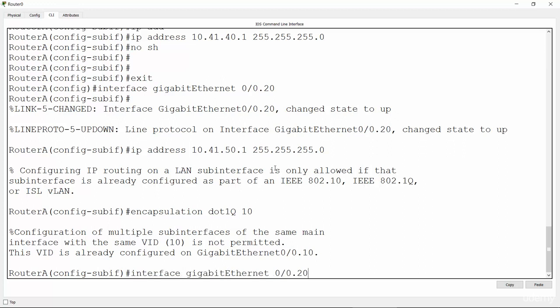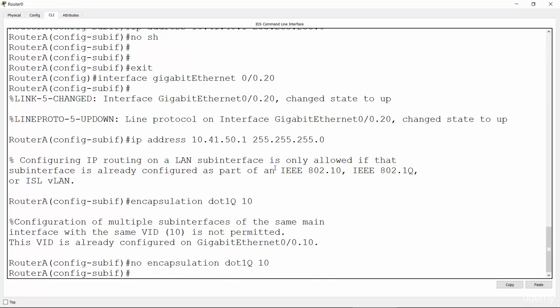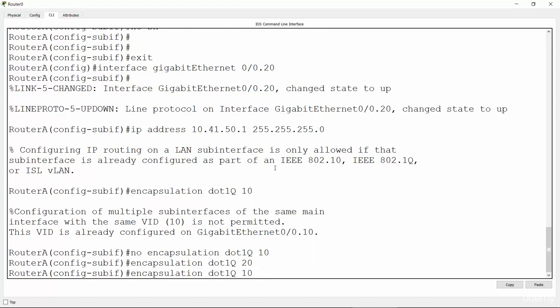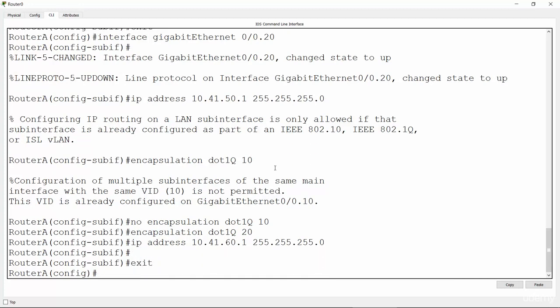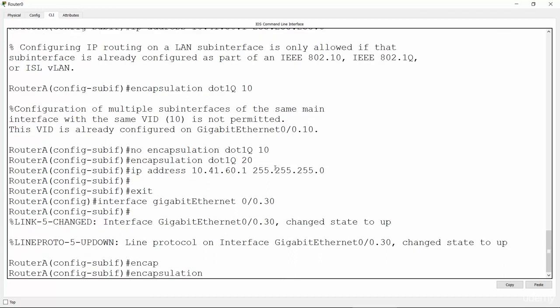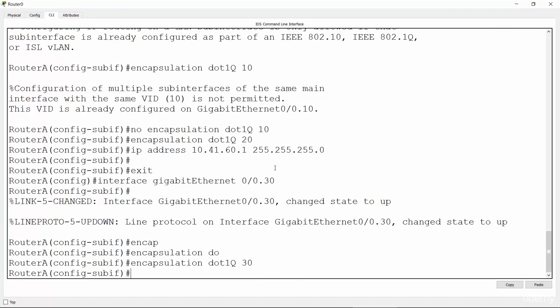I clicked the wrong button. This is gonna be 20 surely, and my IP address will be 60. Okay. And let's go to the last subinterface. Encapsulation dot1Q 30, and we'll have an IP address of